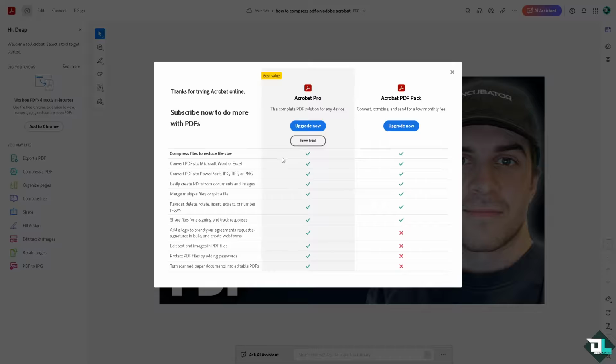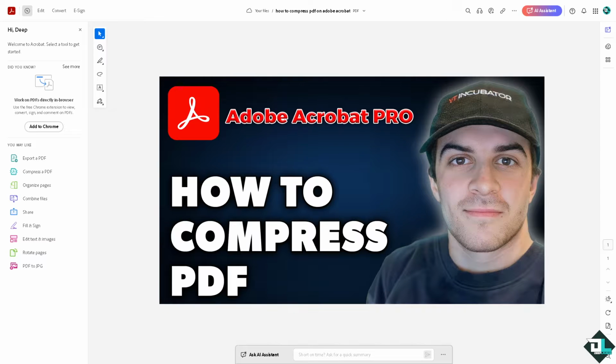Right, and again, you would be forwarded here. Now you see, if you've gone to upgrade this, it's going to be a lot easier because smaller files are quicker to upload, download, and share via email or cloud services, because many email services have attachment size limits. Compressing a PDF ensures it stays within those limits. It reduces the amount of storage required, making it easier to manage large numbers of documents, especially for devices with limited